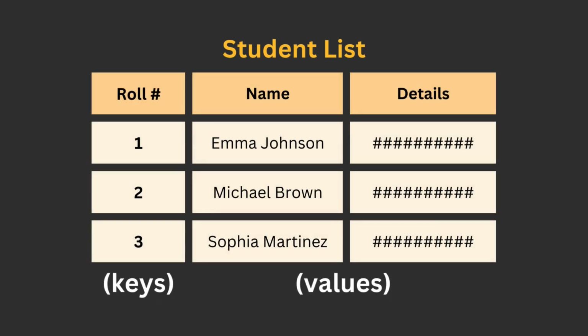Now let's talk about the student list we looked at earlier. So this is a table, or you can go fancy and call it an associative array. In schools there are thousands of students, so when we want to access a student's details, we would have to read or loop through the thousands of entries until we find the desired one. So that's why we assign roll numbers to students, to make this process blazingly fast and efficient.